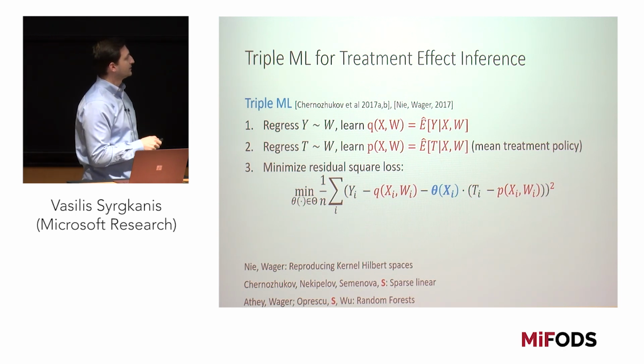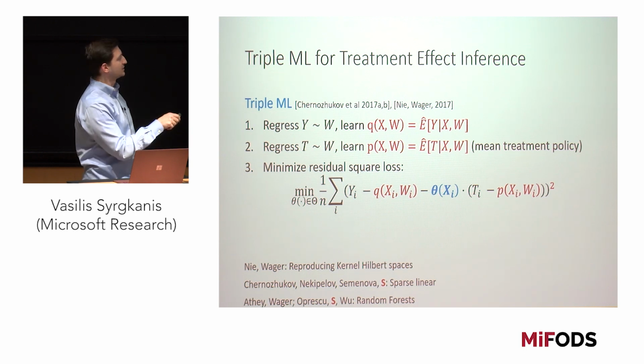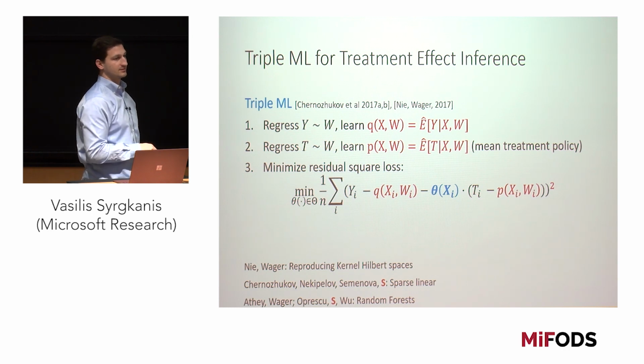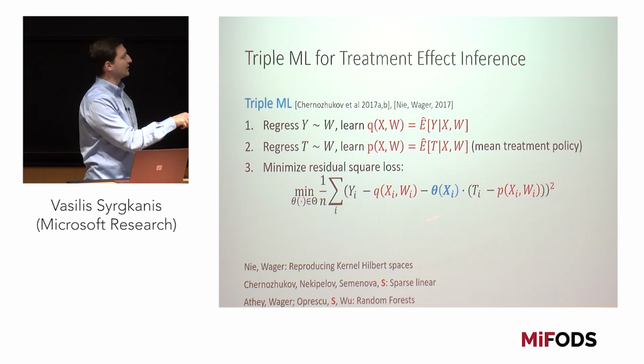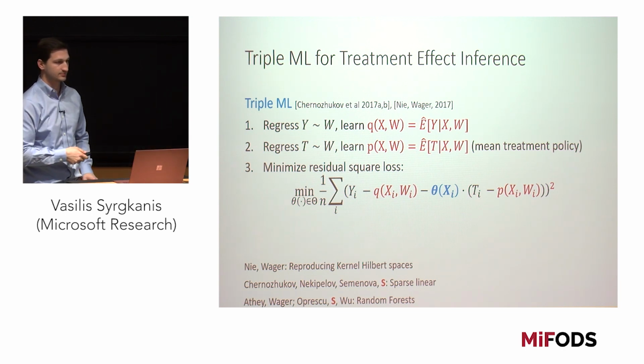Sorry, this is fast for me. X is now W. So I'm saying we're now controlling for both X and W, but we might want to use just X for heterogeneity. I am splitting now. So you're splitting X into X and W? Yes. And the one that you want to keep is X? Yeah, the one that I want to keep for heterogeneity is X. The rest I want to still control for, but maybe I don't want to estimate heterogeneity with respect to them.